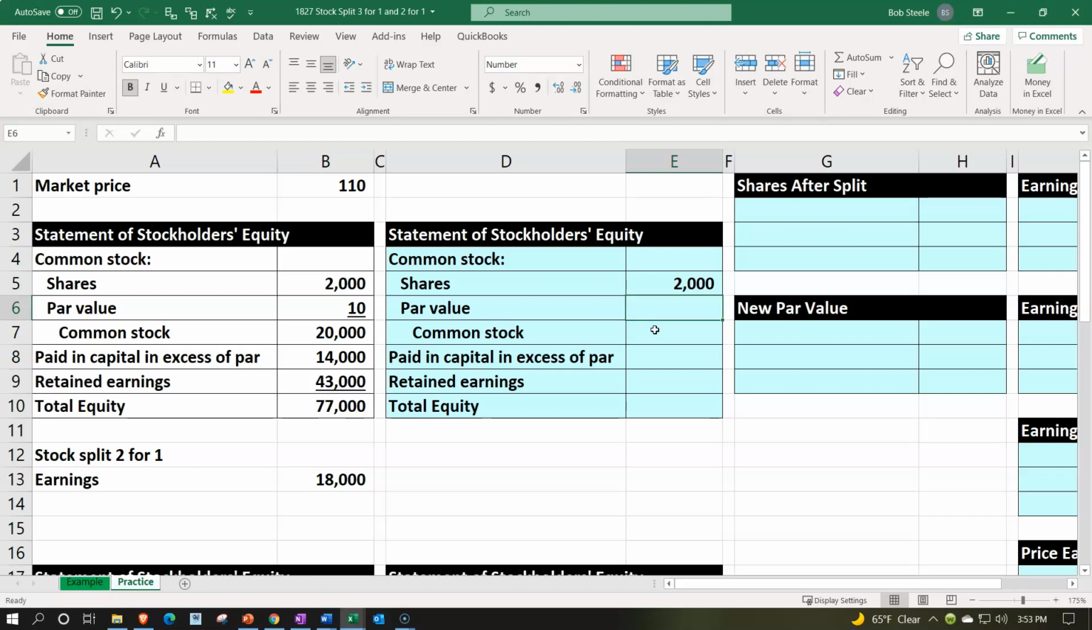I'm not going to drag it all the way down because I want to put my subtotal calculations, the sum calculations in place. So I'm going to pick up the 10, underline that by going to the font group and underline. Then we'll go ahead and multiply this out. So we got the shares, 2,000, par value of 10. That gives us the 20,000